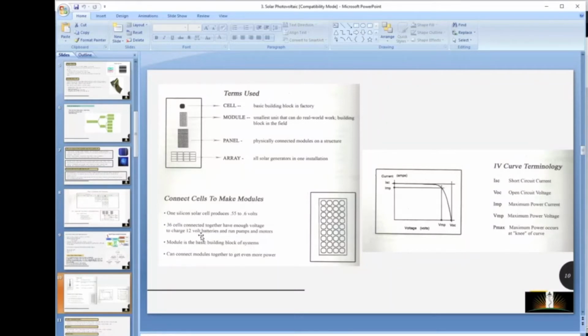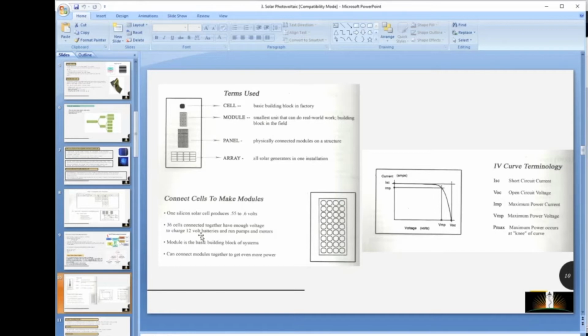A module can be from 3 watt till nowadays it has been generated 500 watt. A single module is giving 500 watt. Not all the companies are manufacturing the same. Yes, Waaree has a 500 watt PV module.